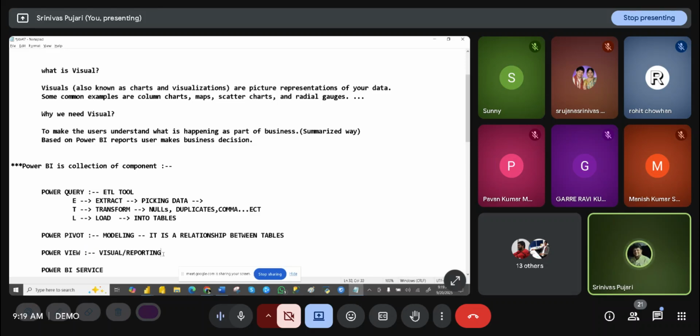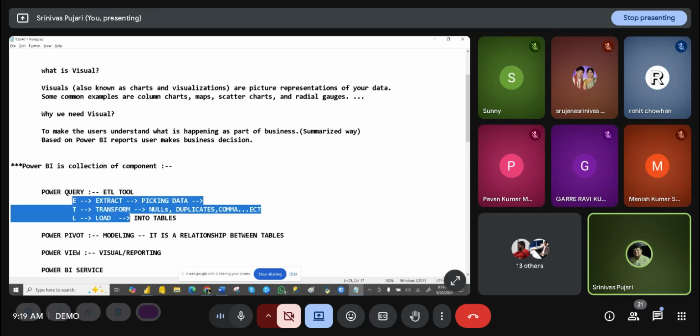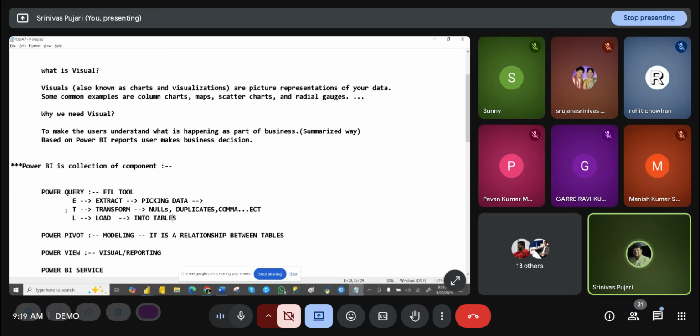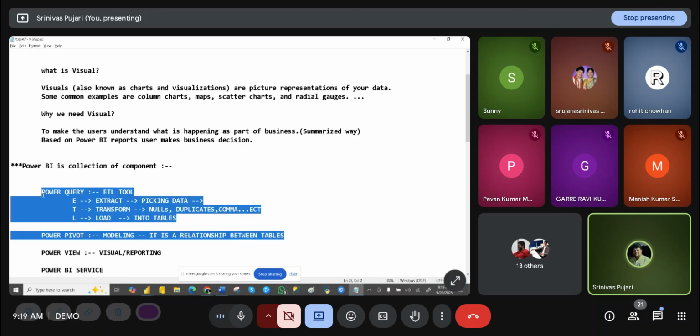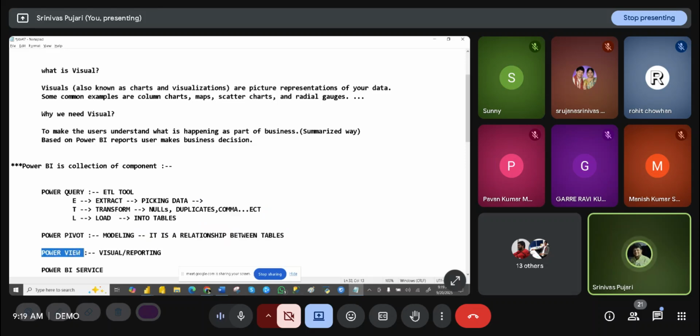So these two are backend processes, like you are picking the grain and converting it into rice and loading it into bags, and then here you are mixing the ingredients. Here you are cooking, meaning you are displaying the items. All the cooking is done, you are displaying the items, and you just need to serve. Display items means the report is ready.